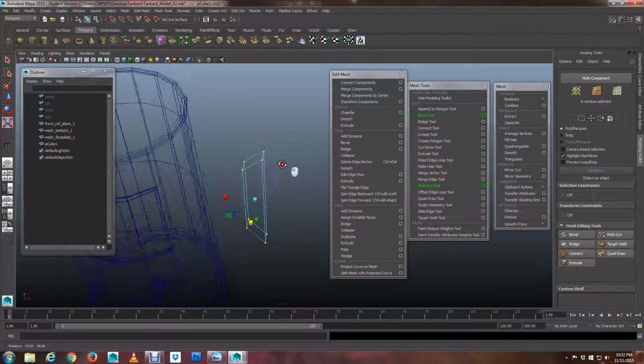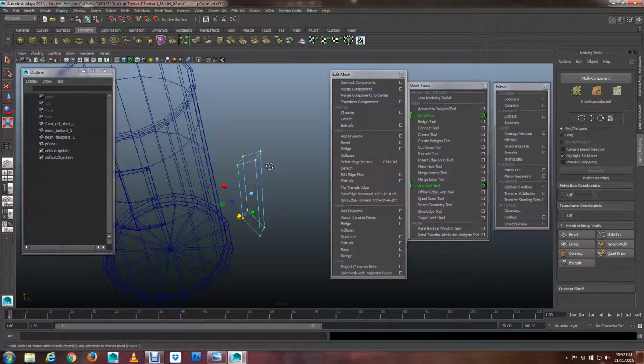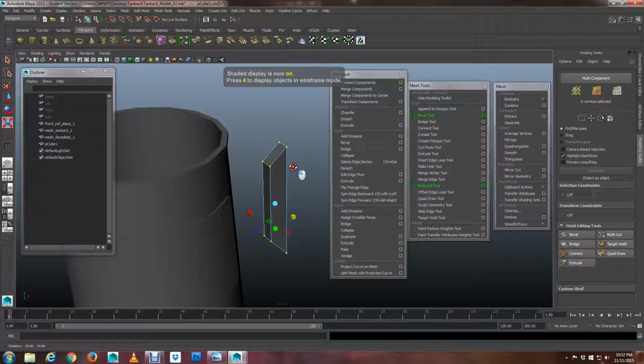Okay, and I'll hit the 5 key. I'll go back into shaded mode,